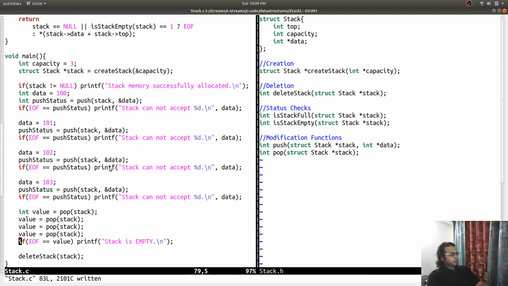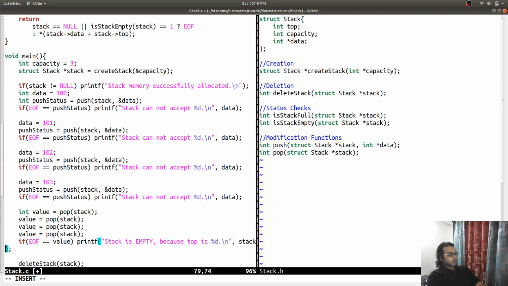Now we can make it more generic, because stack is empty because top is %d. Stack, get the top value.